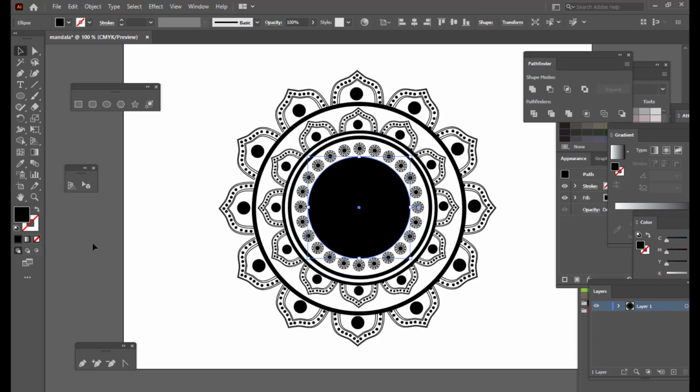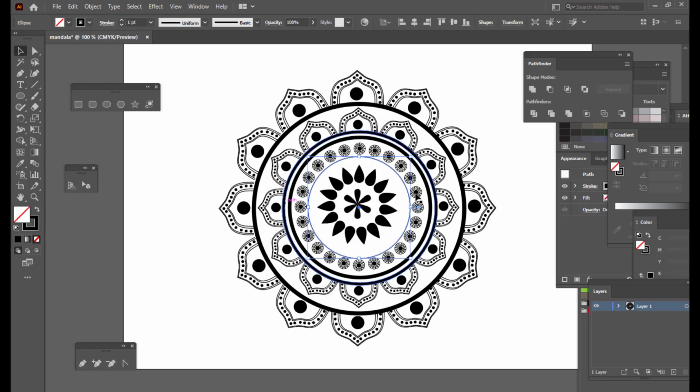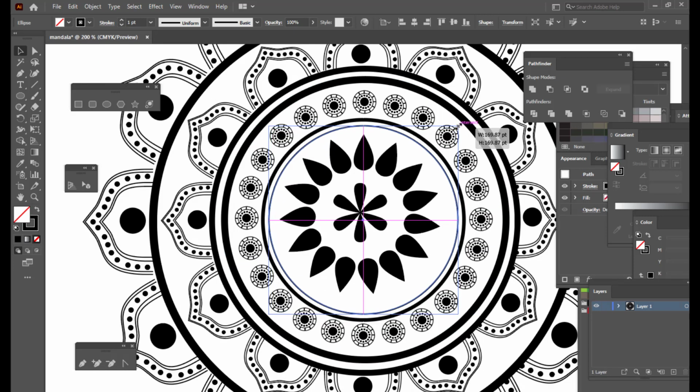Just keep it like this, and we will make the ellipse into a stroke. Just we will swap its fill. Right, and then we will increase the stroke here. Right, we can keep 3 points for the stroke. We'll just take a duplicate, Ctrl C, Ctrl F, and we'll create one more ring here, and we'll reduce its stroke value. Just make it a little bit big. Right,